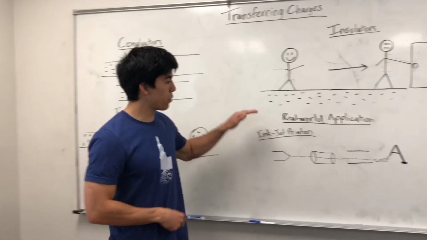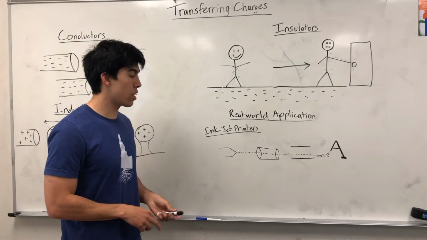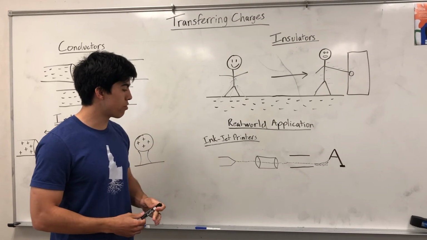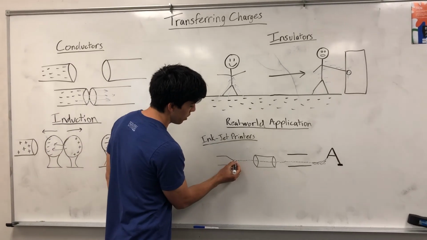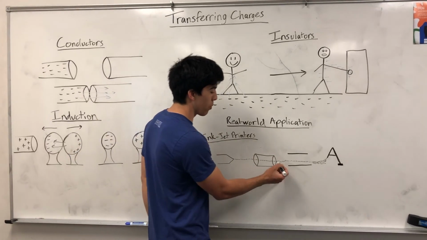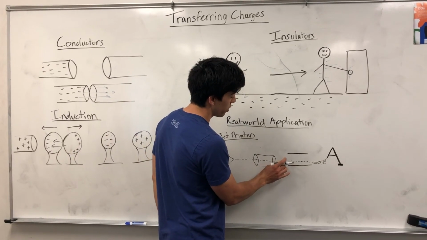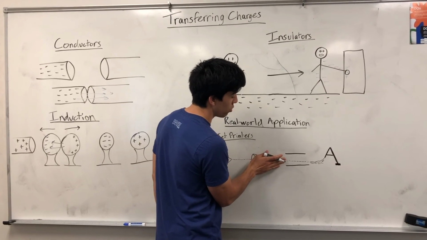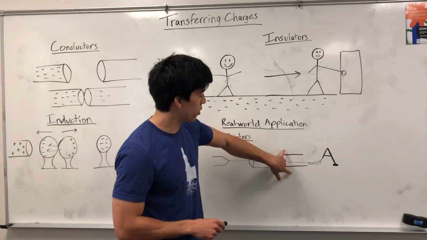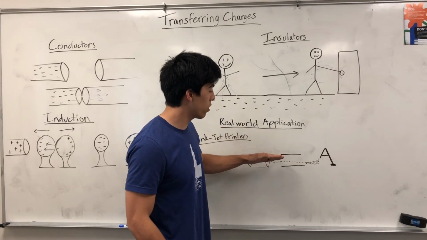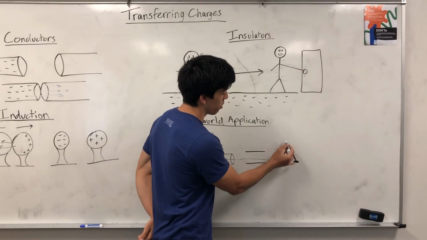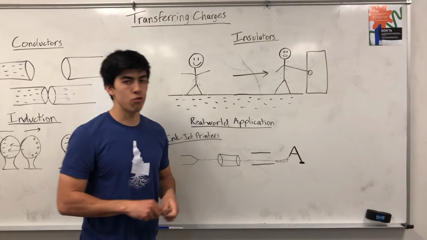One real world application of charging objects is something you've all seen and done before, and it's with your printer at home. With inkjet printers, you have a nozzle that will shoot these very fine ink particles through an object. This object then gives these ink particles a charge, and with these now charged ink particles, they pass through two conducting plates with certain codes from the computer that will then direct them onto the paper in very precise forms, and thus you're able to create very precise images and words on your